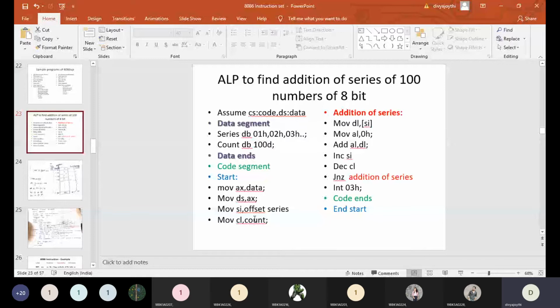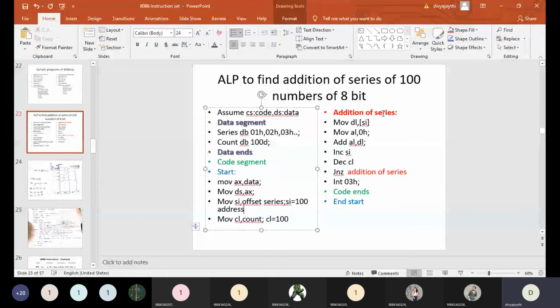Instead of going with loop, I'm going with macro, and I'm defining my macro name as addition of series. You can write anything; the labeling can be of anything. I'm just adding the problem statement as my label, addition of series. So after execution of this, SI will have an address location of 100, and CL will have a count of